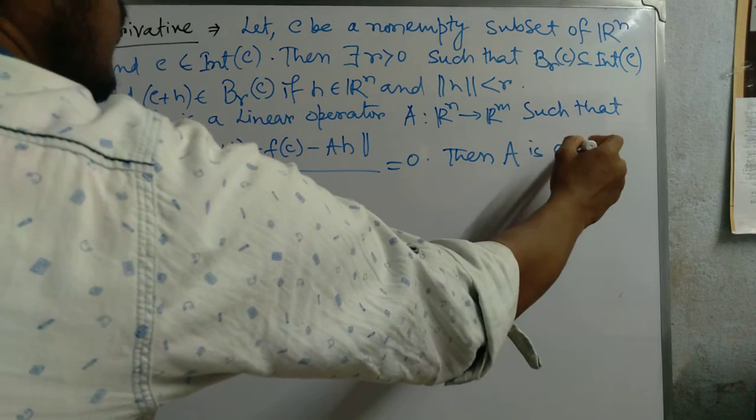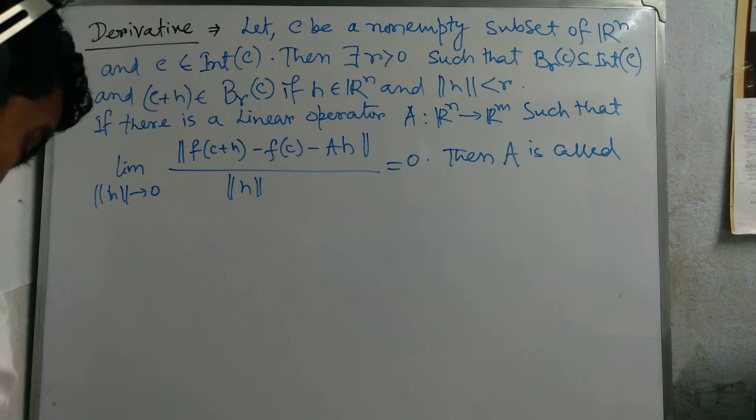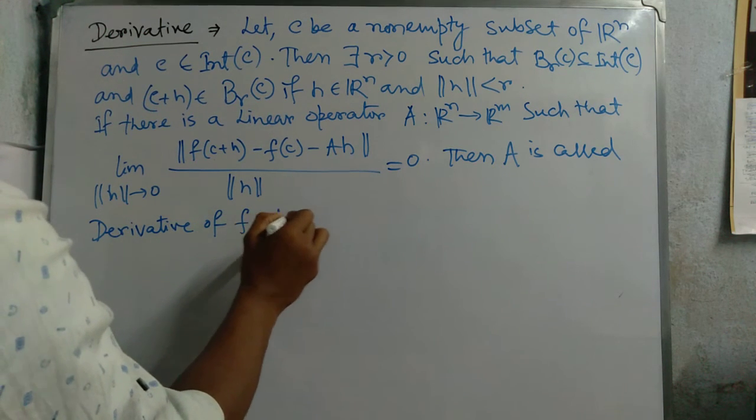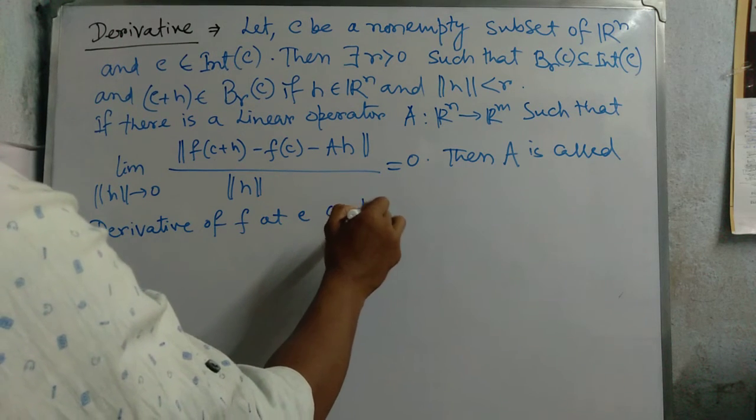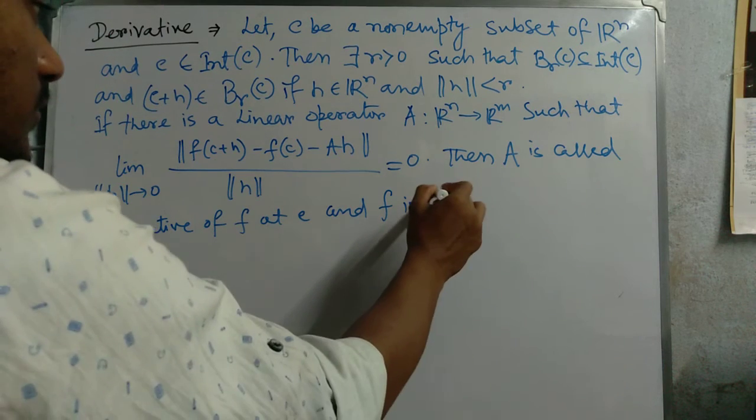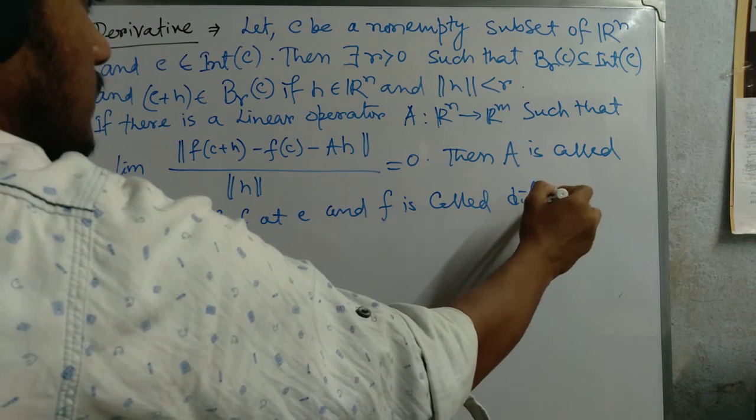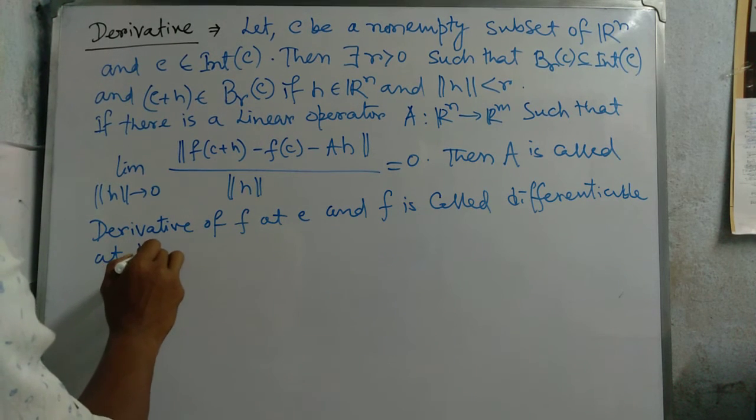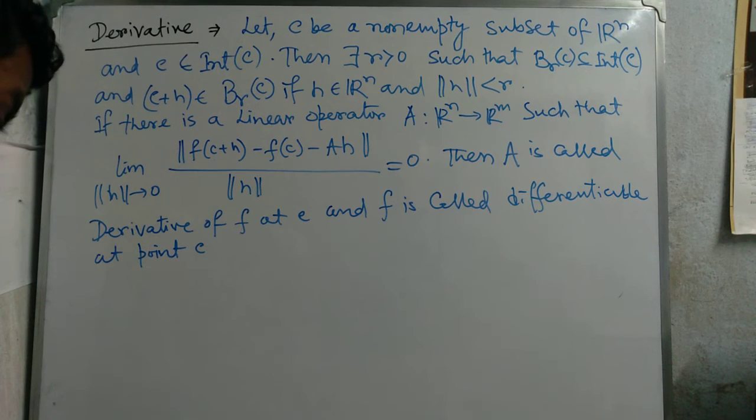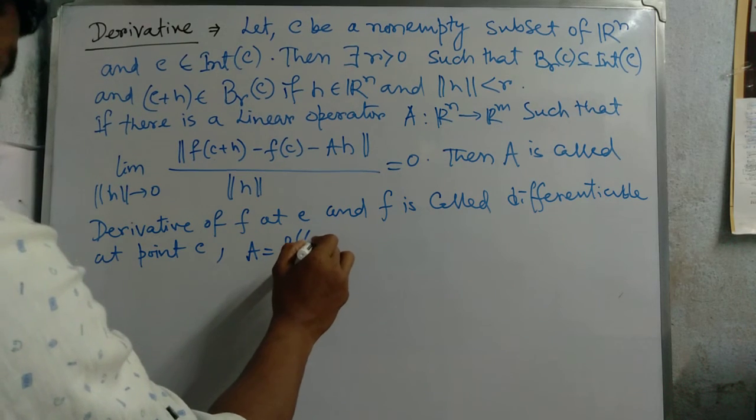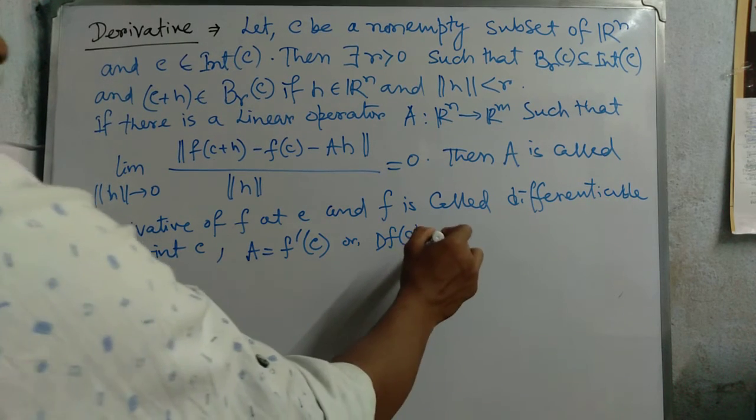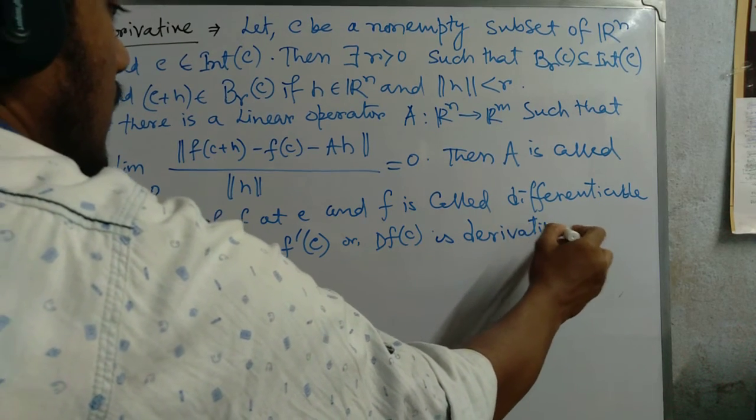Then A is called the derivative of f at c, and f is called differentiable at point c, and A equal to f'(c) or d f(c). Okay, then A is the derivative at point c